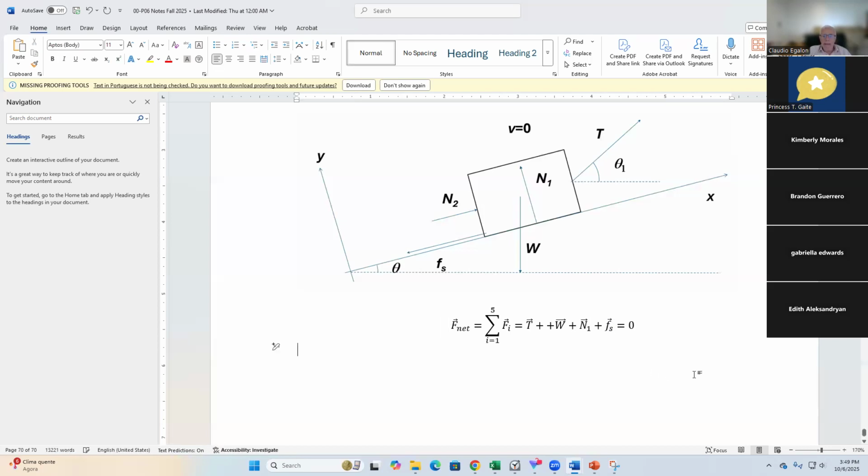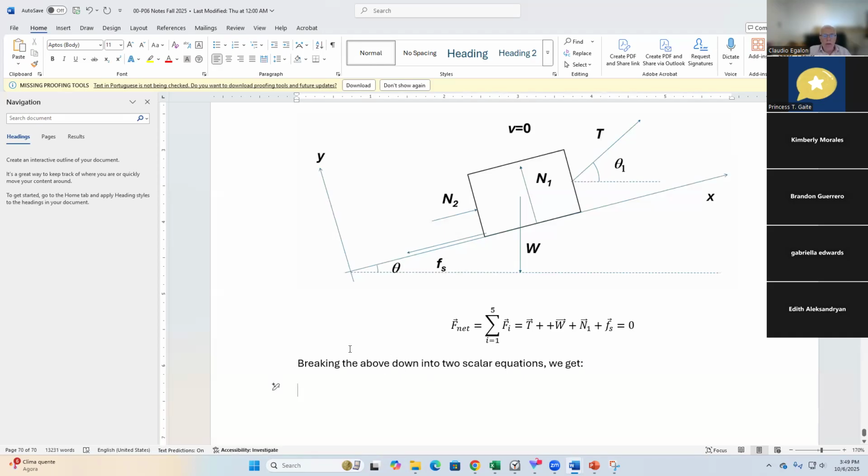Like that. And then we can break it down into 2 scalar equations. Okay, breaking the above down into 2 scalar equations. We get,